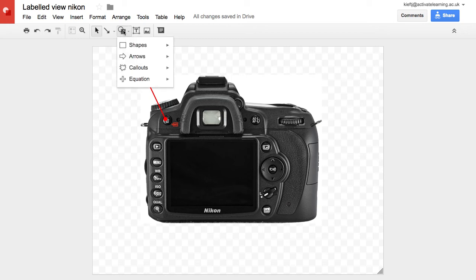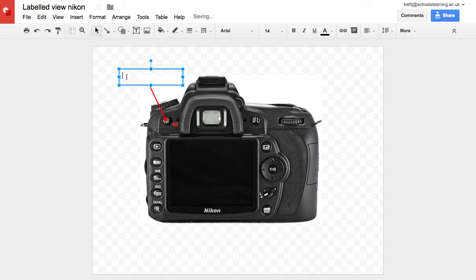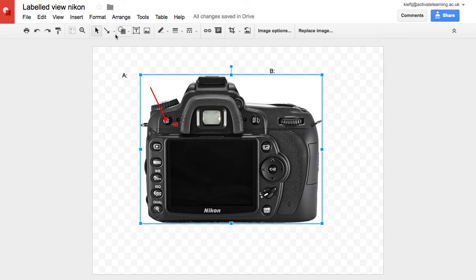I can then add a text box for the label, and I like to add just a letter to define each label. Having got one text box, I can just copy that and paste that so I have multiple ones, and then just change the letter, and I can keep creating the arrows